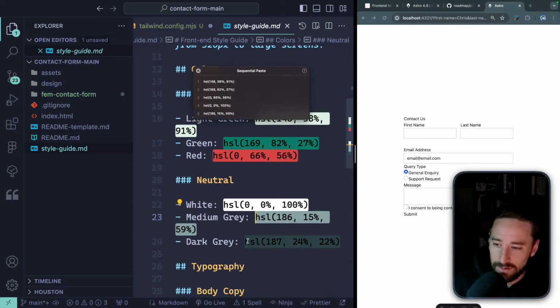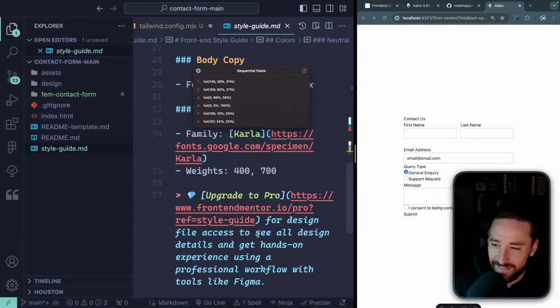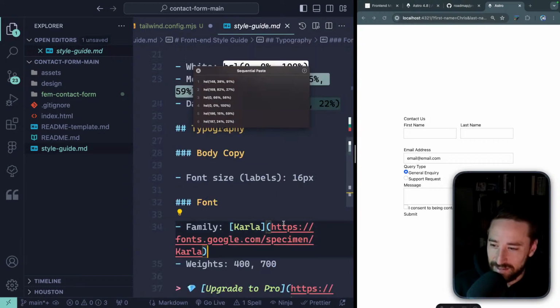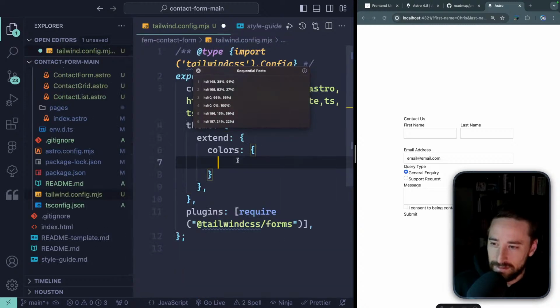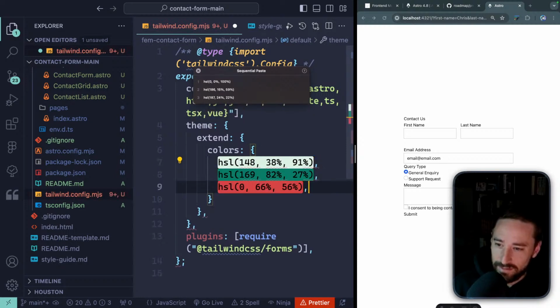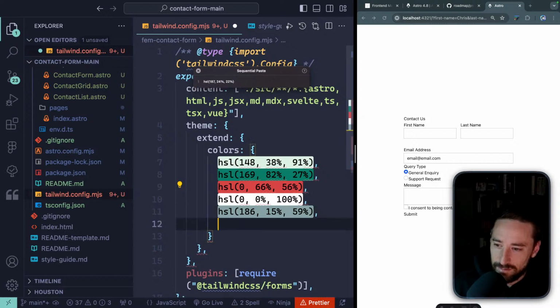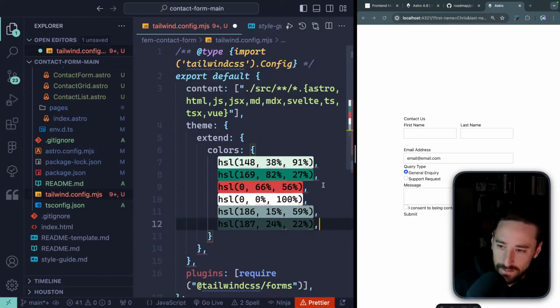Do I really feel like doing this? Not really. Carla, maybe I should. All right, Carla, 400 and 700. How long can this take, right? Let's just flash forward a little bit. Maybe there were error messages that I need to pay attention to. All right, let's